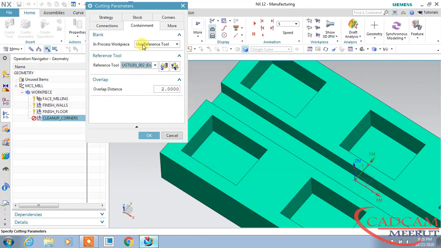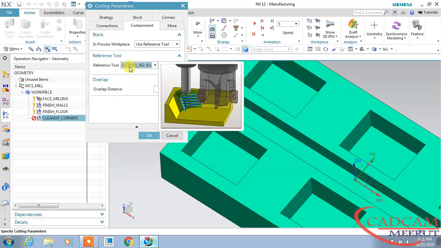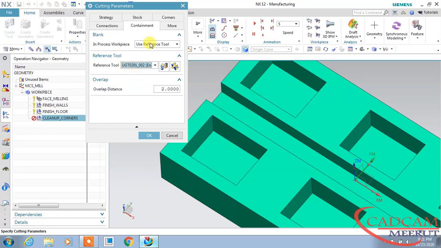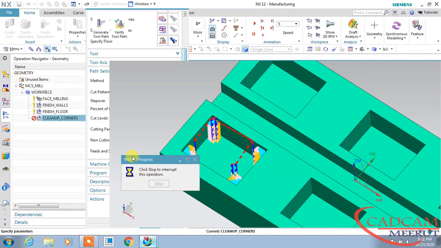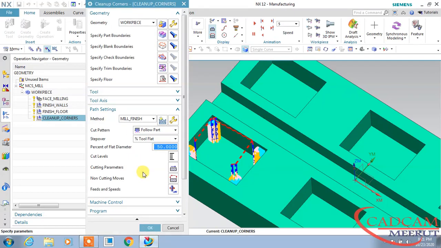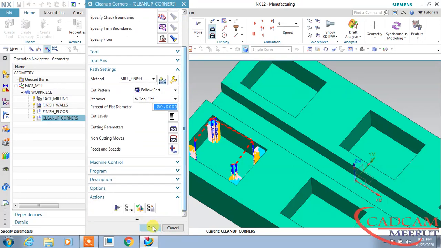Our next tool, the 2 mm diameter tool, will follow this reference tool. The material which is left after that tool cutting, it will cut only that material. Click here and click generate. It will generate like this. Now it is okay, just click OK.